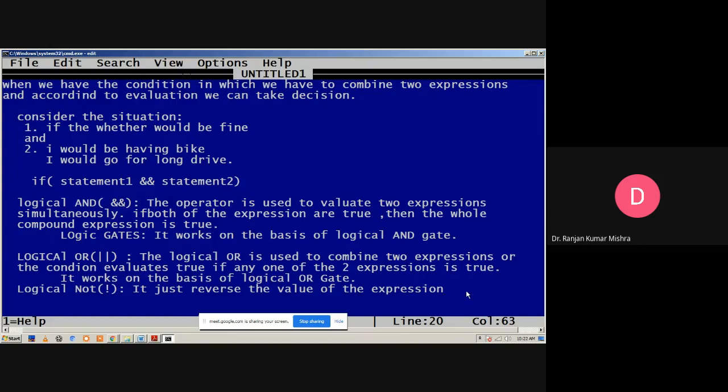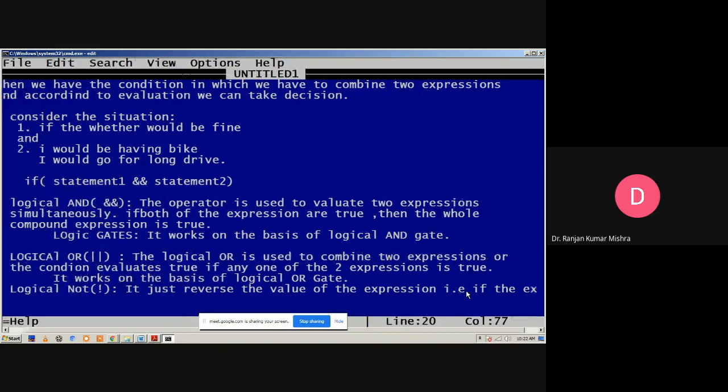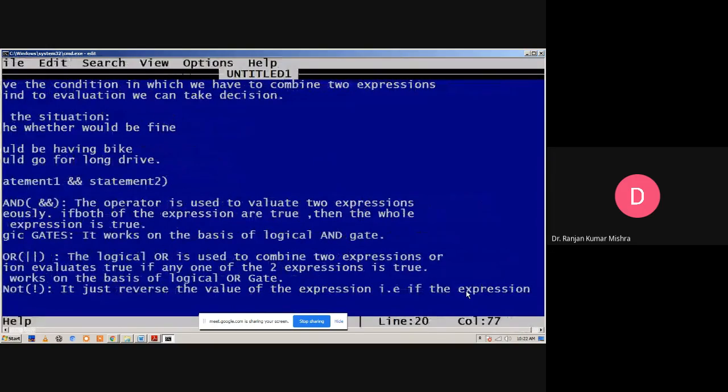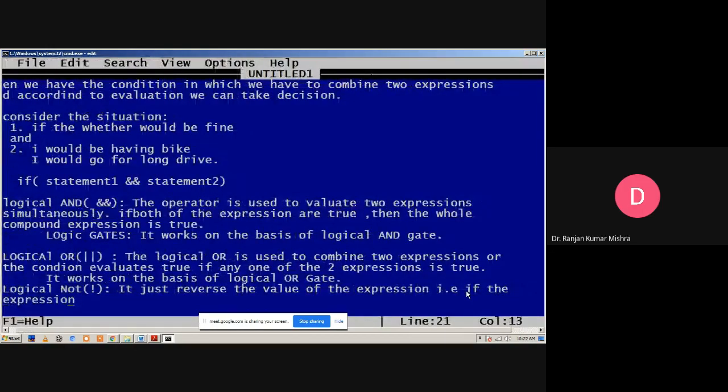It just reverses the value of the expression, that is if the expression is true, it would evaluate it as false and vice versa. Vice versa means true becomes false and false becomes true.